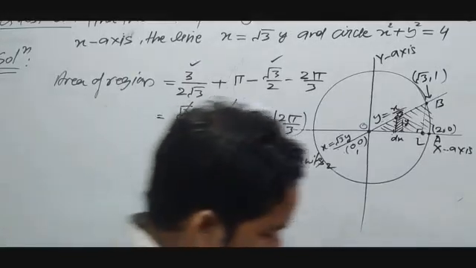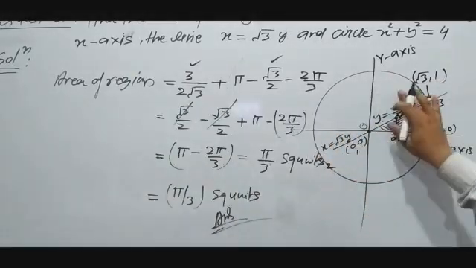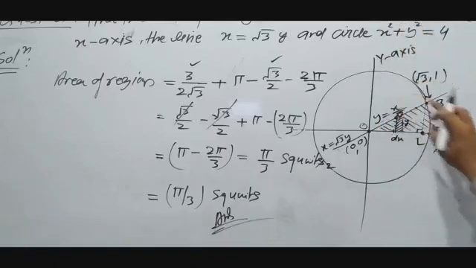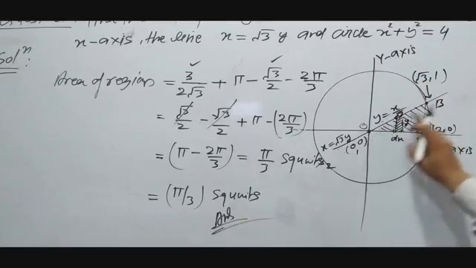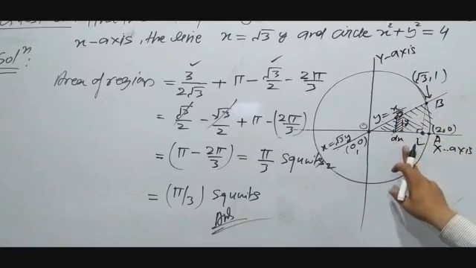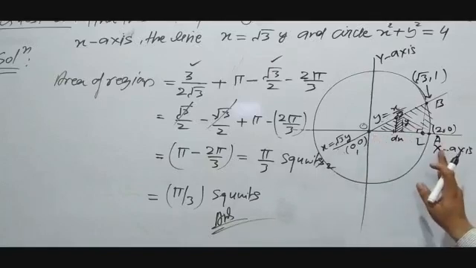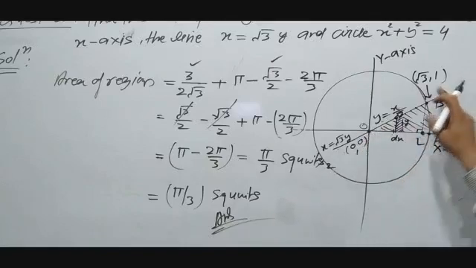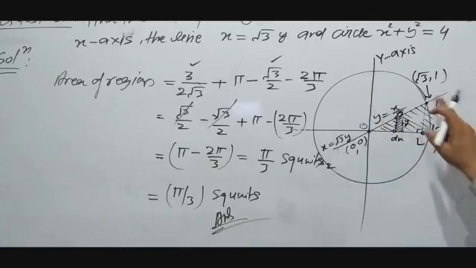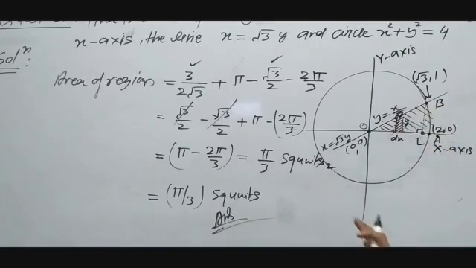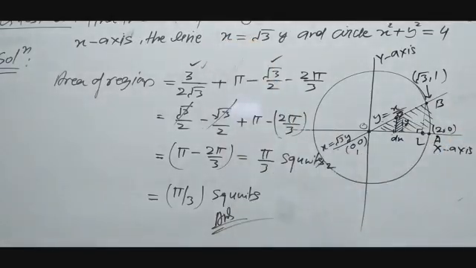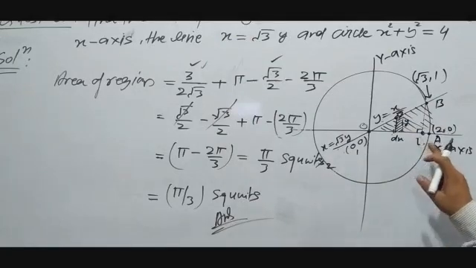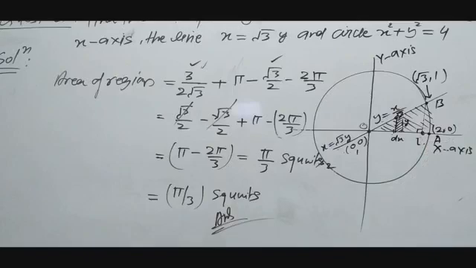Now again see, we have to calculate area of the region bounded by curves. This is the circle, this is the line, and this is the axis. Between this region we have to calculate area. So you will calculate with the help of integration, and this area we can divide into two parts, that is OLBO and BLAB. This is area of triangle. Area of triangle also we can solve by using integration, and result is 3 by 2 root 2, 2 root 3. After solving this calculation result you will get pi by 3. Now this is completed.